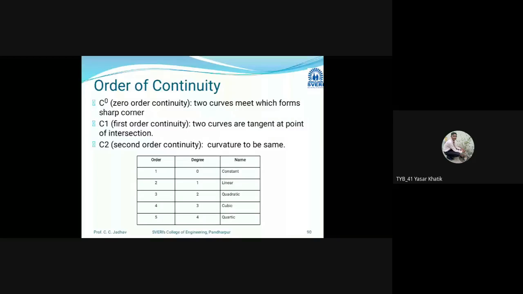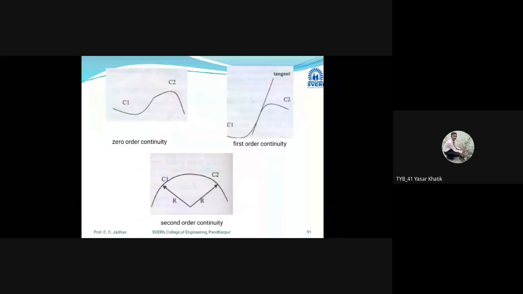We will get a softness curvature. I will show how. First, zero order means curve C1 and curve C2 meet at this point. At that point you will get a sharp edge, not a soft edge. Then second, if the order increases up to first order continuity level, now